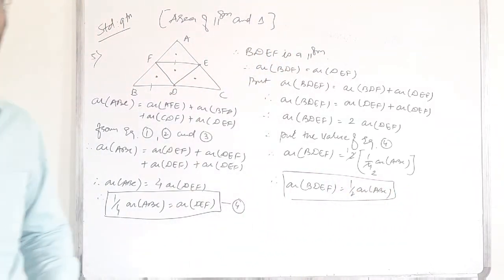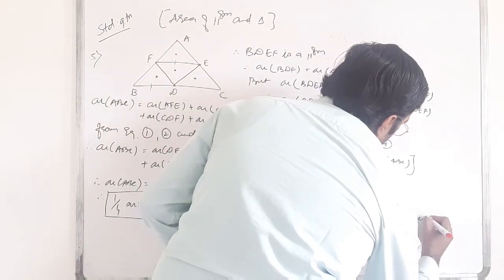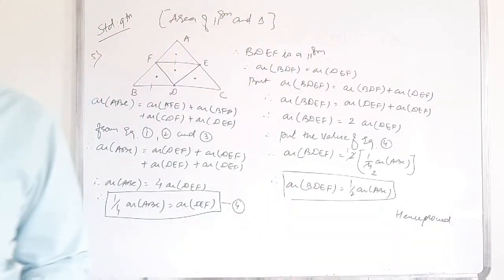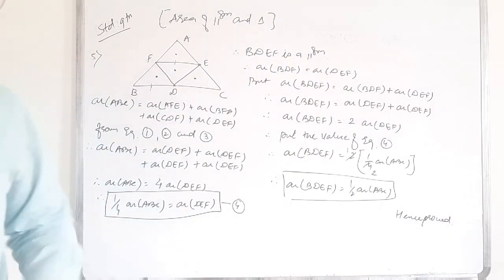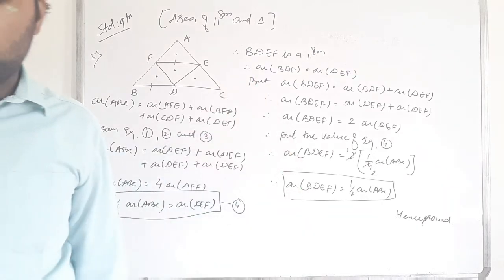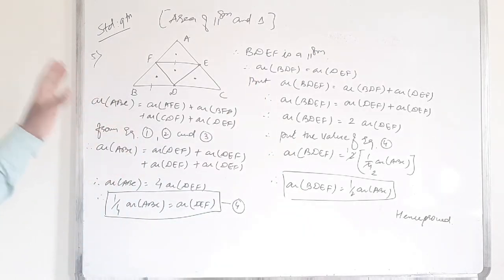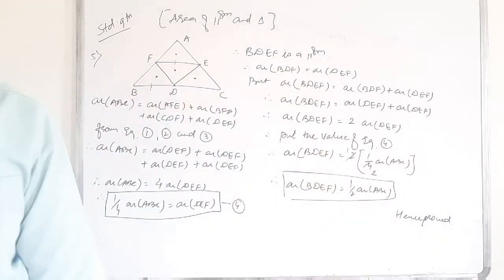Here is the third thing that I also proved. So now I'll prove that. Now I'll write hence proved. Clear, students? Please note down both of these things fast. Now note down both of the parts. First note this down, and after that we have to move to the next part.